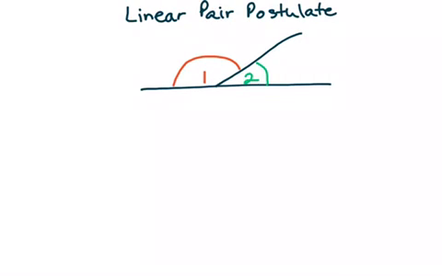In this video, I'm talking to you about linear pair postulates. If I have two angles, angle 1 and angle 2, then you can see that they lie on a straight line, which means they equal 180 degrees. A straight line, please write this down. A straight line